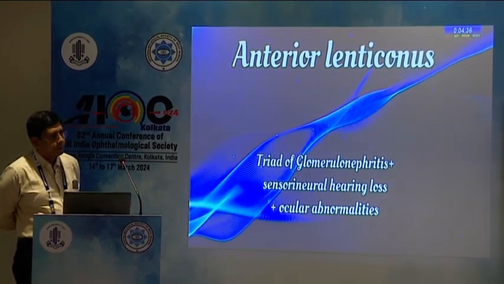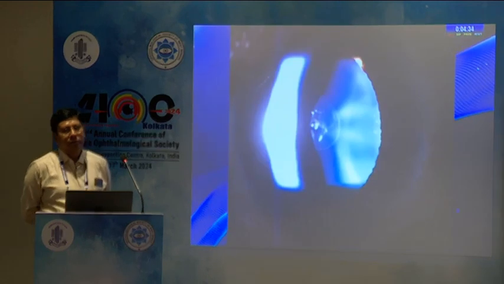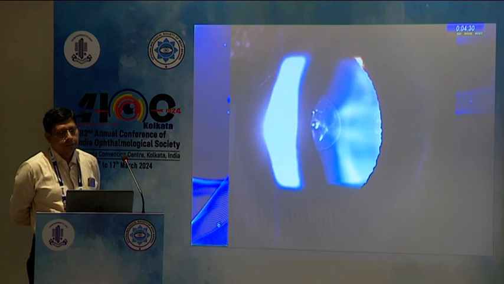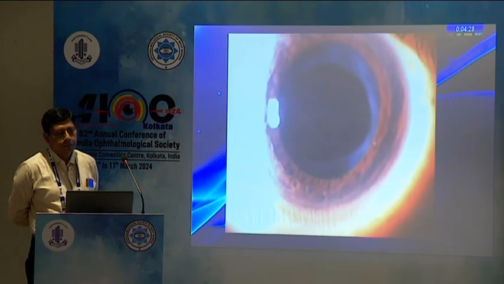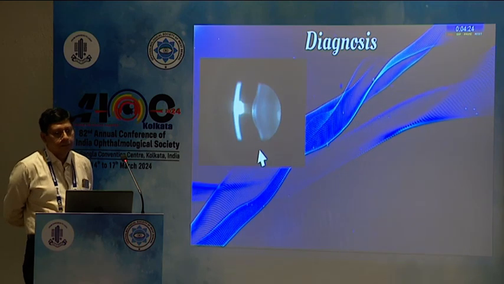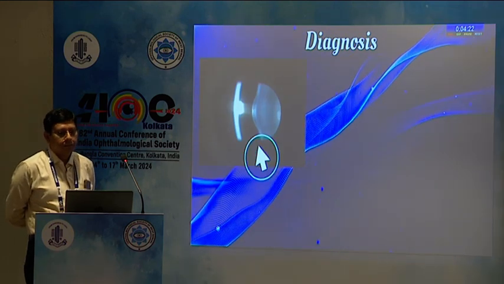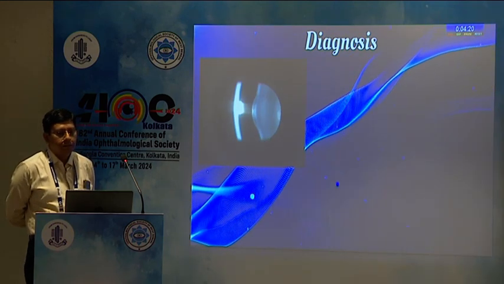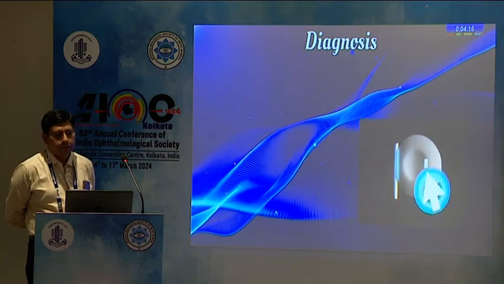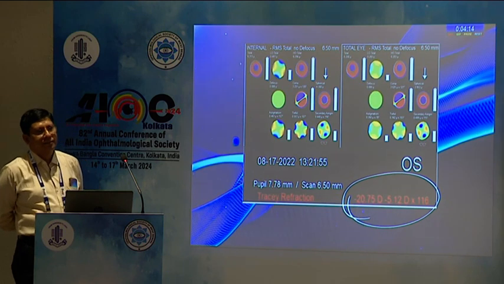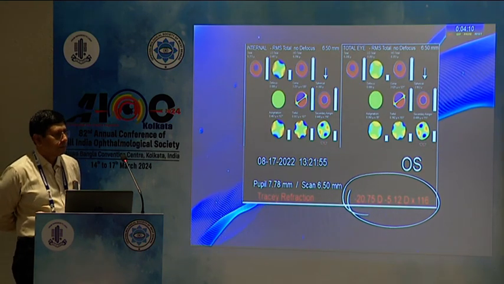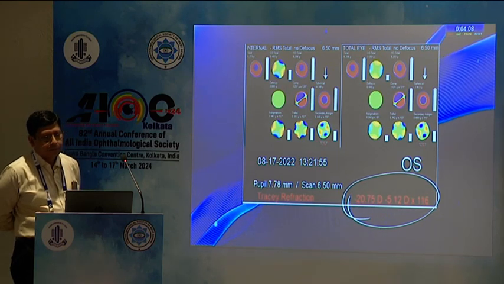Common ocular manifestations are anterior lenticonus, dot and fleck retinopathy, and posterior polymorphous corneal dystrophy. Anterior lenticonus can be diagnosed clinically using a slit lamp. Slit view shows a conical protrusion of the anterior lens surface, and retroillumination shows an oil droplet reflex. Preoperative aberrometry shows a large myopic refractive error of more than 20 diopter spherical with more than 5 diopter of astigmatism,